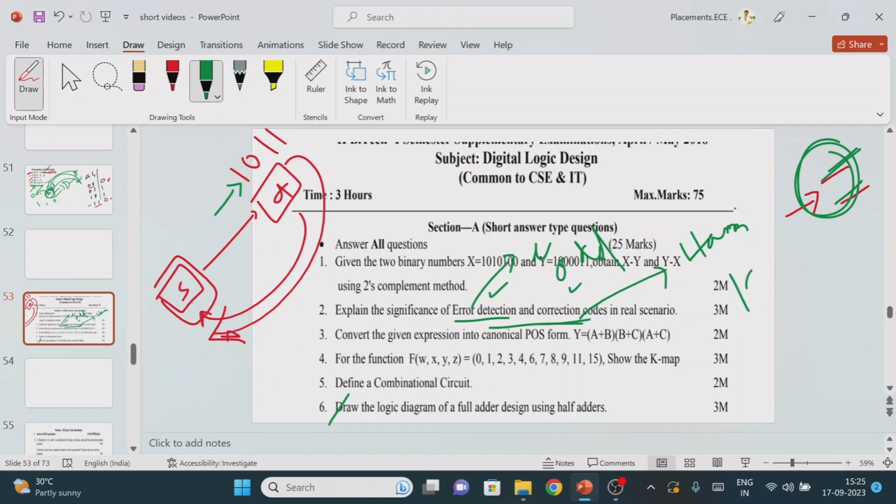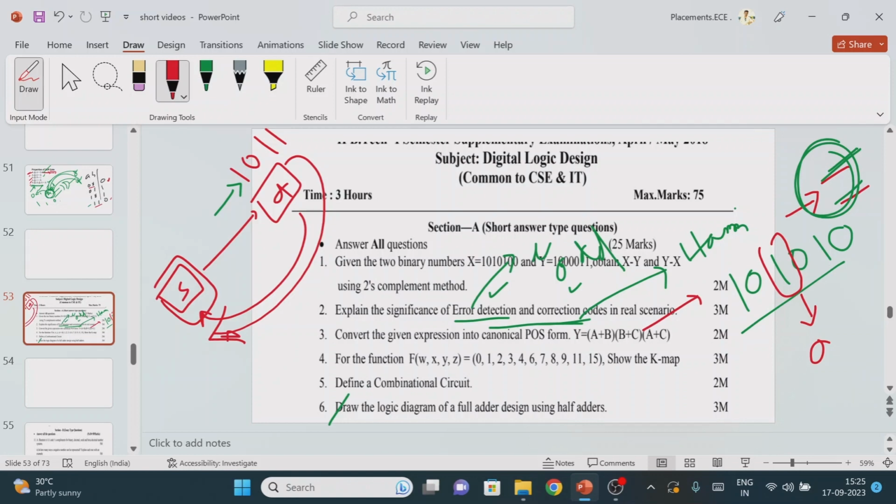We say that the Hamming method is an error detection and error correction code. For error detection, we can identify that this information is wrong at the receiver side. Error correction means if it is wrong, if it is not 1, what should the value be? It should be 0, right? Up to this situation the Hamming code will work perfectly.